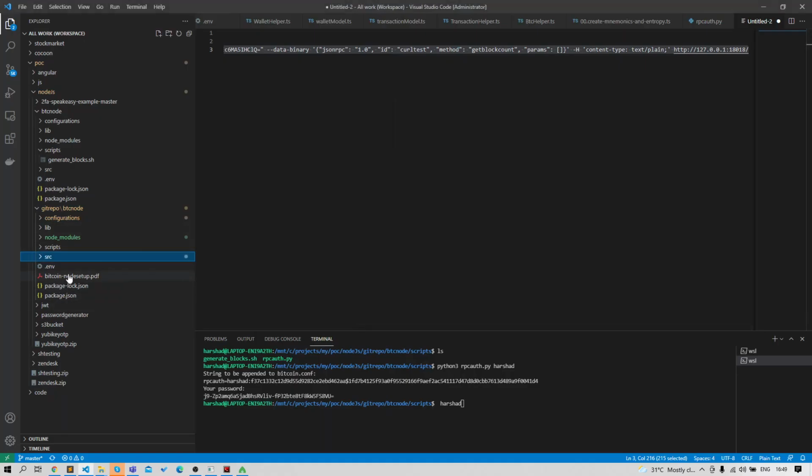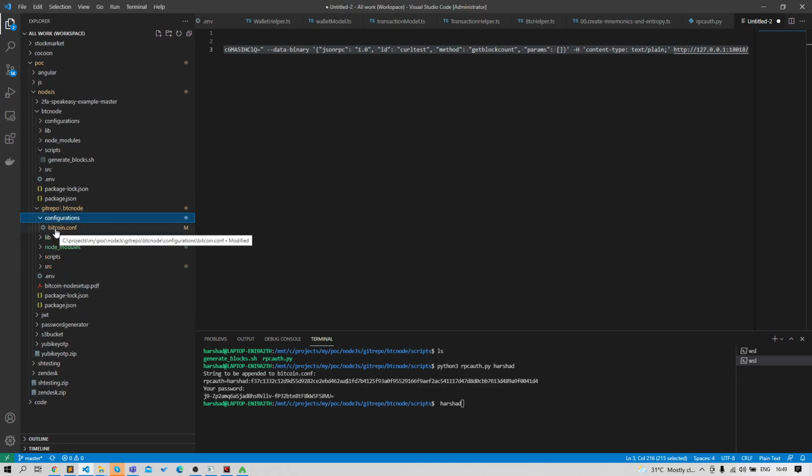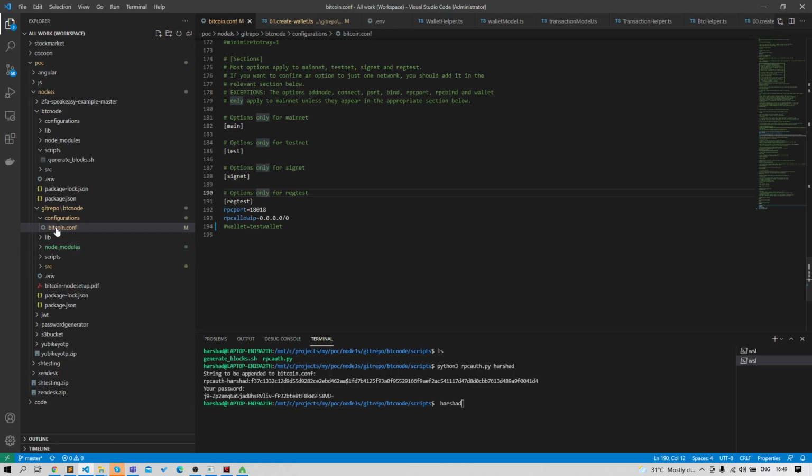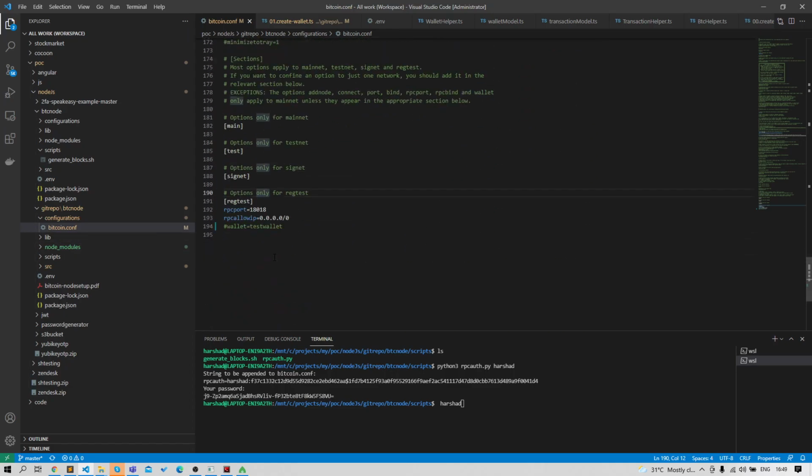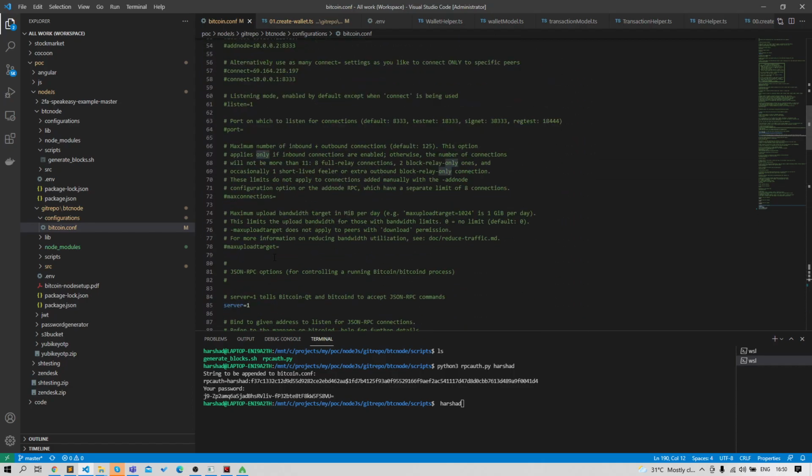You will find that PDF file in this repo itself, and all the reference configuration files I have placed here too, so you can use those files directly from my repo if you want.